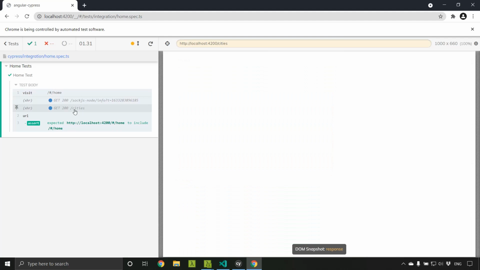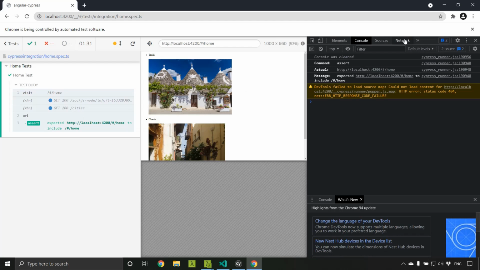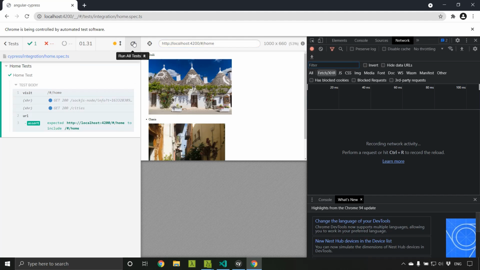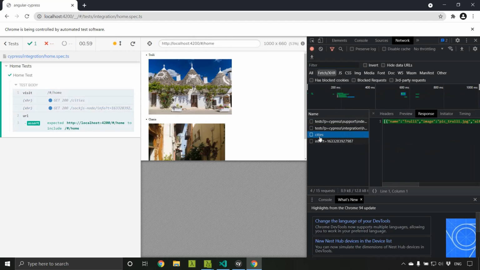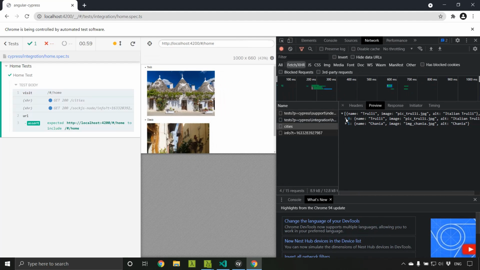So let's go to the network tab and rerun this one more time. Here you can see this is the response we are getting from our API. So it basically varies. How can we assert that the data is coming as expected?